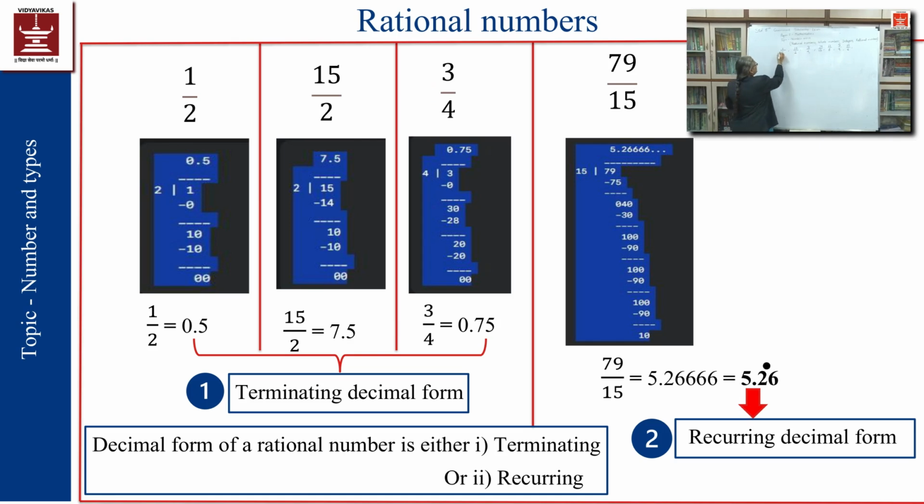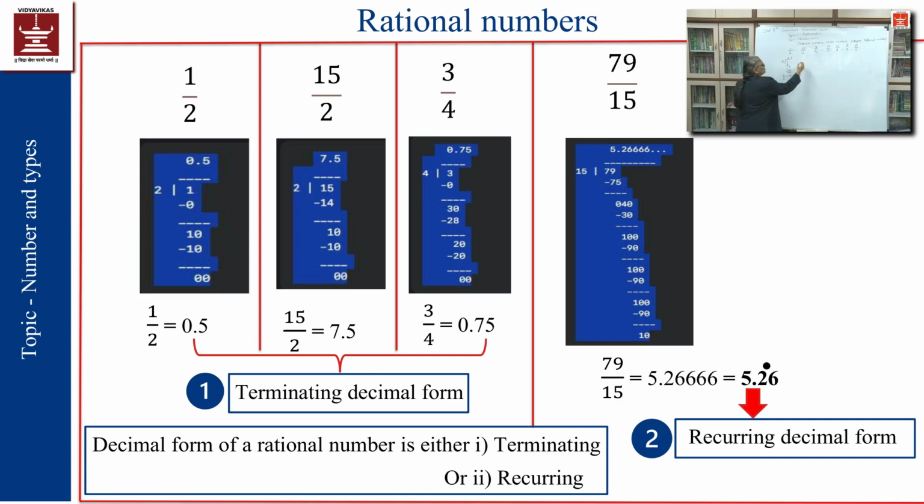Let us consider the first example, 1 upon 2. 1 upon 2 is a rational number. Let us divide 1 by 2 and see what we get. First of all, 1 is not divisible by 2. So, the first quotient will be 0, 2 zeros are 0, 1 remained, then decimal point, and we will take 0, and then 2 5s are 10. So, the remainder is 0, which means the division comes to an end and therefore, the decimal representation of the number 1 upon 2 is 0.5.